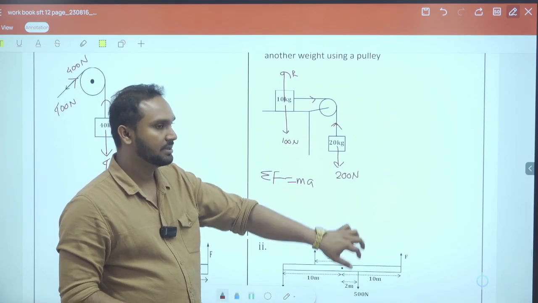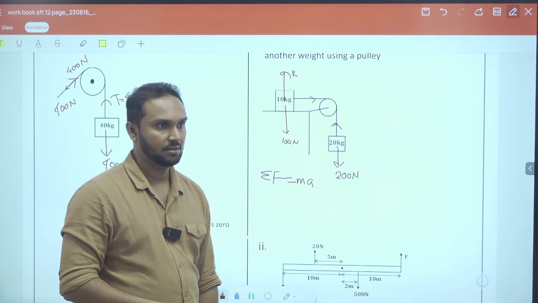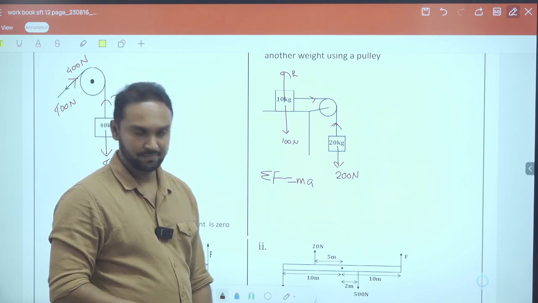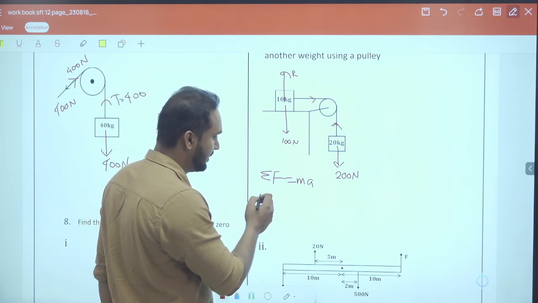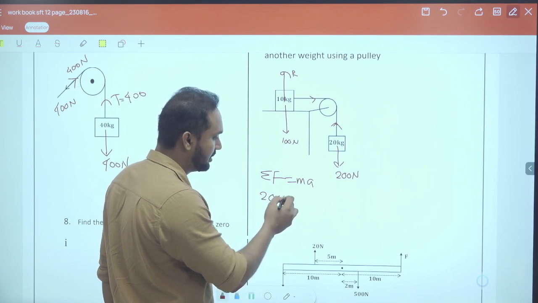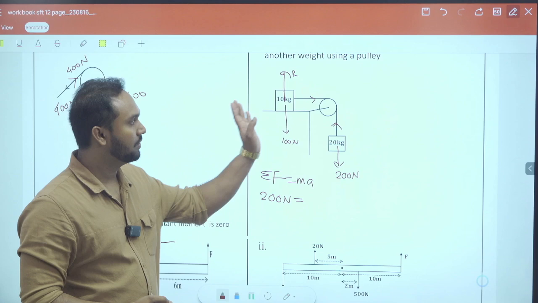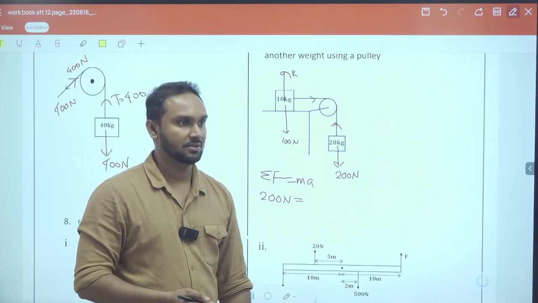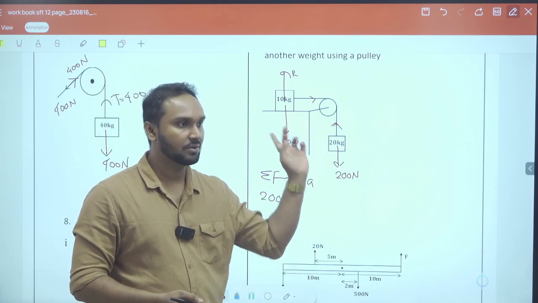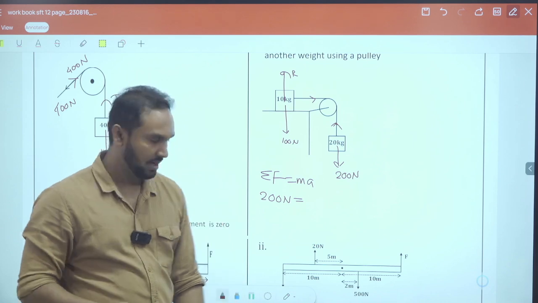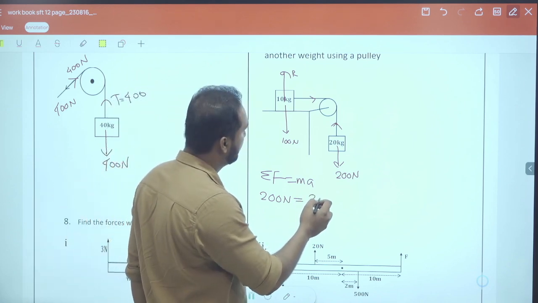200 or 200 minus 100? Just 200, because the 100 doesn't affect it, right? So it's just 200 newtons. What about the mass? So the whole system is accelerating. So should I take the 20 kilogram only or the whole mass? I have to take the whole mass, that is 30 kilograms